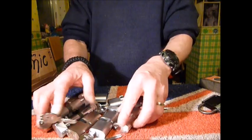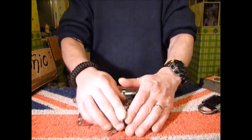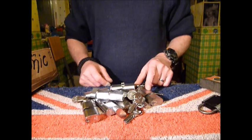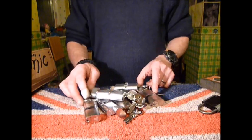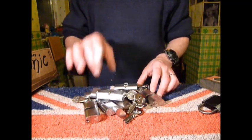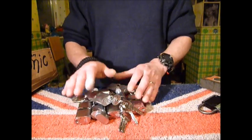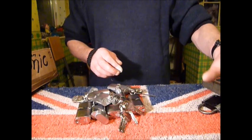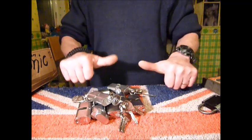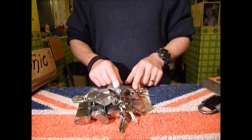Pete's wishes with all these newer oval locks is that once I've picked these, I pass these on to members on our UK Lock Sport forum, newbies, or offer them in competitions, etc., which I will do once I've picked them. So thank you so much, Pete, my friend. You've outdone yourself again with these vintage padlocks. You are an absolute diamond, my friend. And once I've picked these, like I say, I'll pop them up on the forum at